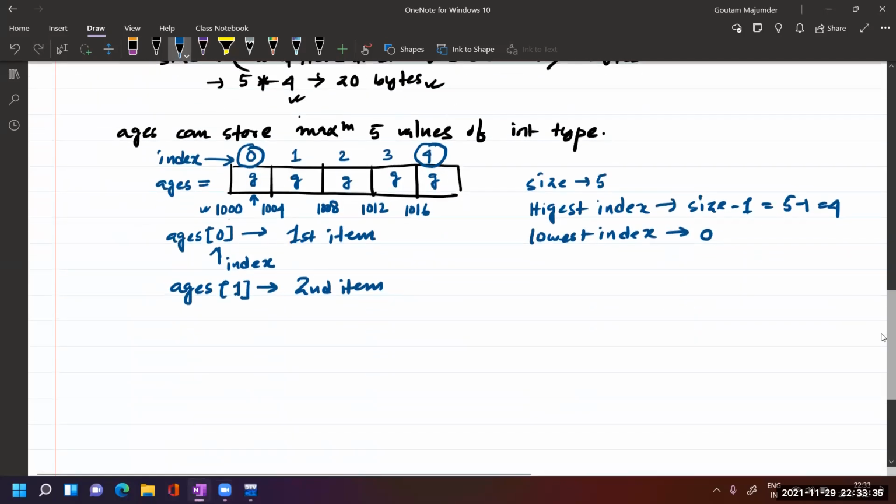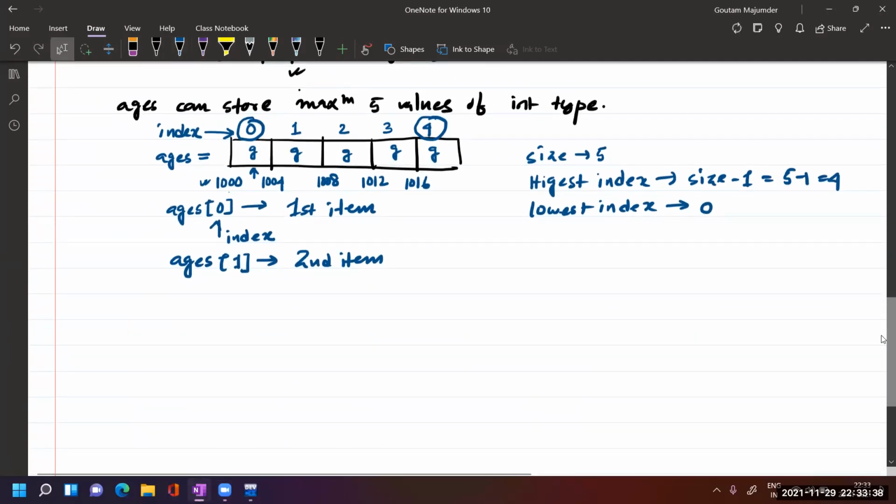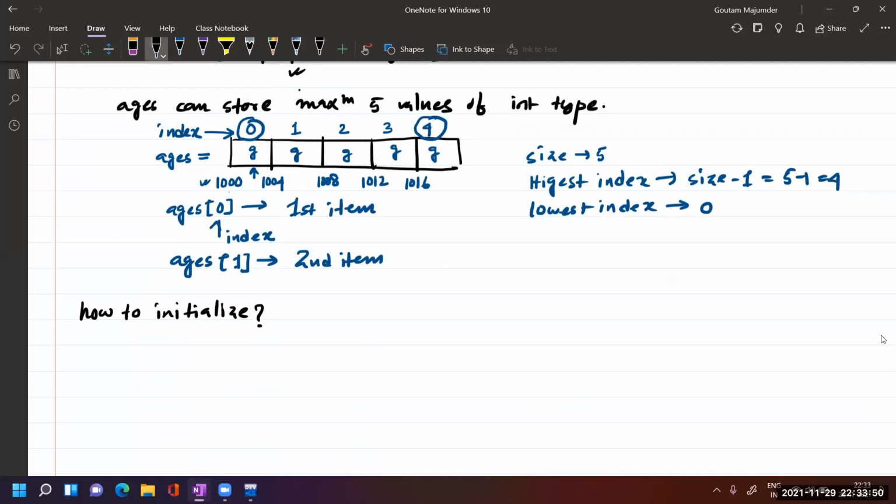Correct. So now let us see how we can initialize this particular array. What is the next point we're going to see? How to initialize. Like with other variables, when you write integer a, this is a declaration, and later we can initialize it like this. In another way also, suppose I am declaring integer a, at the same time I can initialize it. For a simple variable, I am not talking about the array, a simple variable. Suppose there is a variable b, I can perform a plus 20 or I plus 10. This is called dynamic initialization.